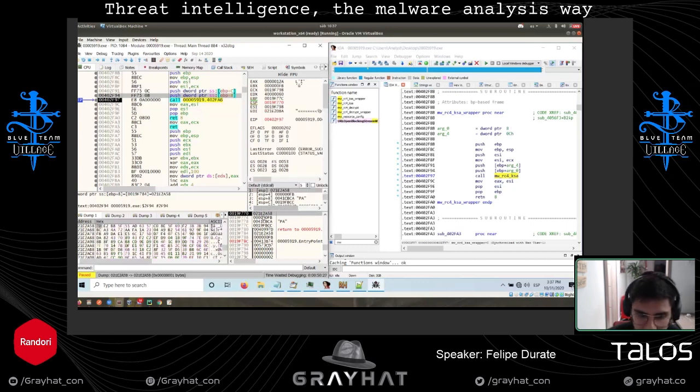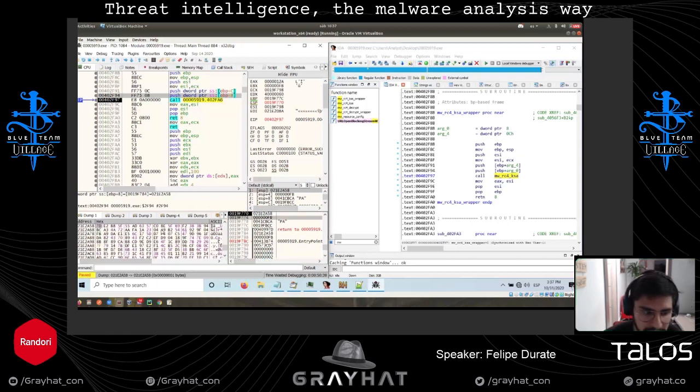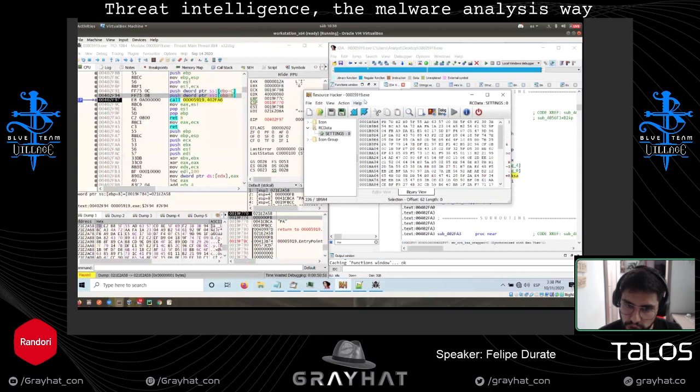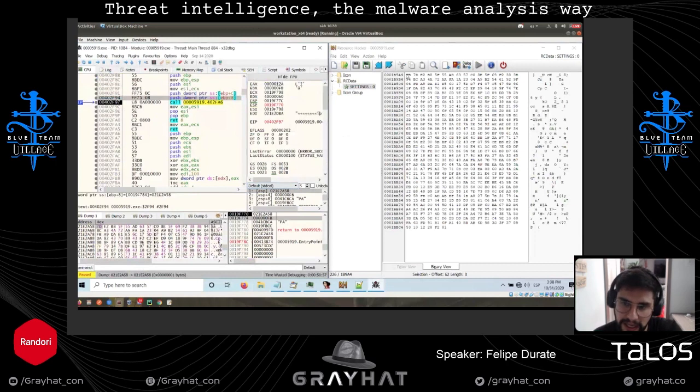So if I right click on the first one, we are going to see that we have an address. This is a buffer with information, and the other one is FB. So we know that the function requires the key and the length of the key. Now, if we go here to the resource, just for curiosity, you will see something interesting. FB was the first byte, which is actually the one that is here, and the buffer that was sent as a parameter to the function starts with 7D.